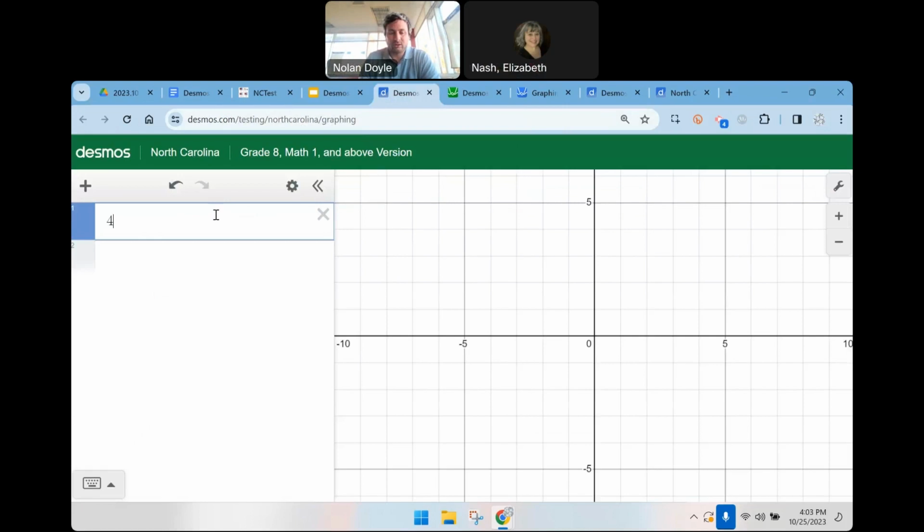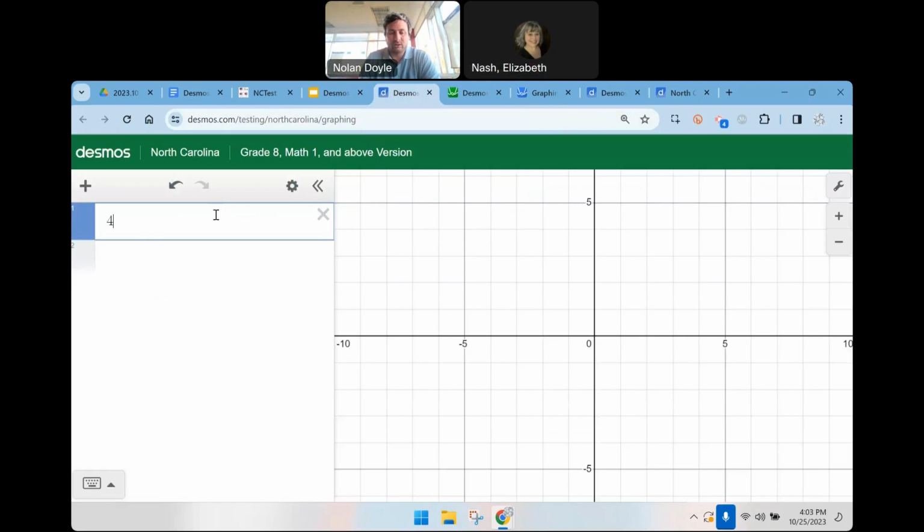Another one, so this is where I can make use of sliders, which I'm going to come back to for the instructional piece in just a second. We can type in this equation and start to put in different values quickly for K and see what kind of effect it's going to have on the graph. So if I go back to my graph and I just type in K times X minus 2 to the 4th,